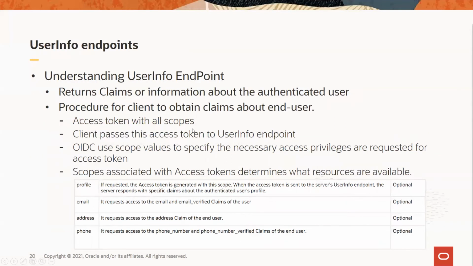It contains scopes, and the client passes this access token to the user info endpoint, and after the proper validation and the validity is checked, the claims, basically the profile information, are presented by the user info endpoint. There are various attributes presented, like profile, details of the user, email, address, and other things which are part of the user info profile.